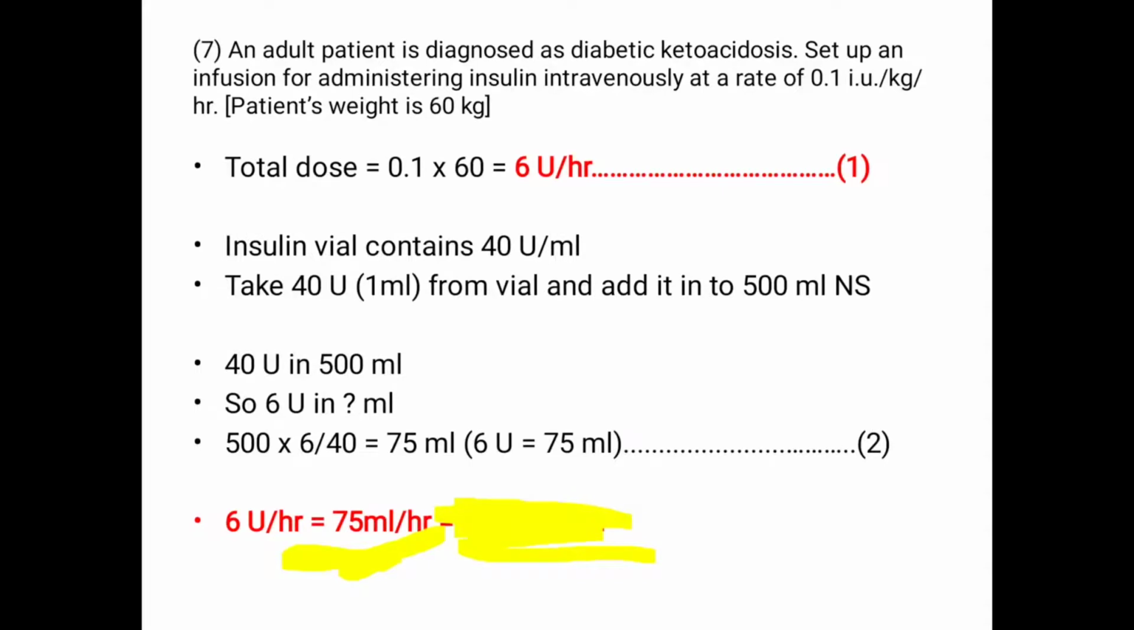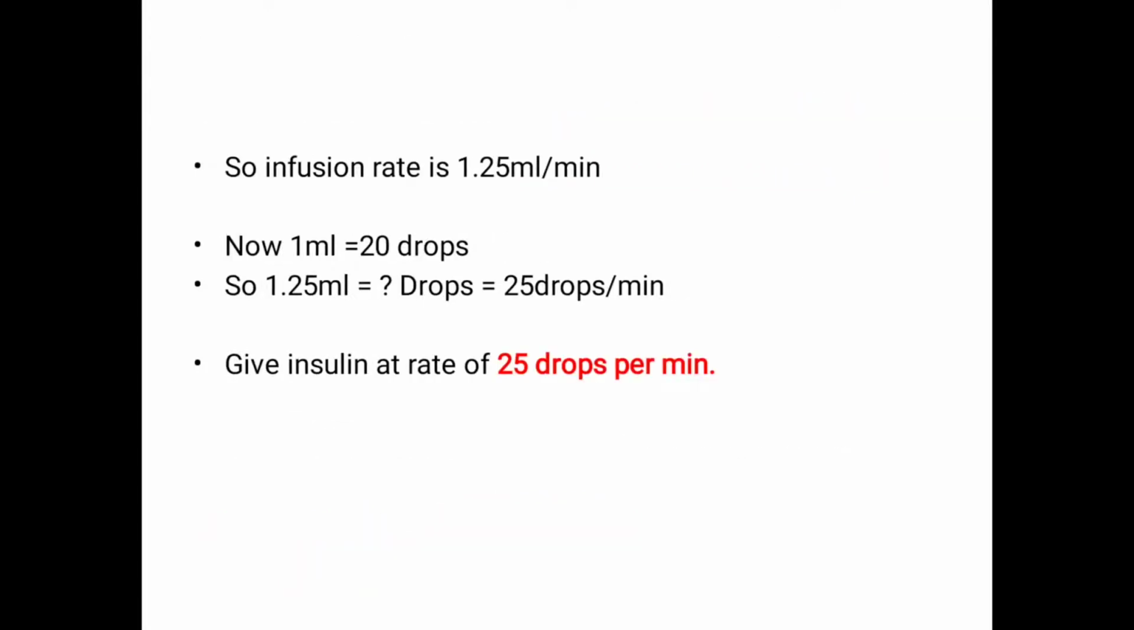No, before going to the next question, there is a set where we have to find the administration of insulin intravenously at a given rate, 0.1 U. This question is not completely over. We have to find how many drops per minute of insulin we are supposed to give. So for this diabetic acidosis patient, after this, the infusion rate we find is 1.25 ml per